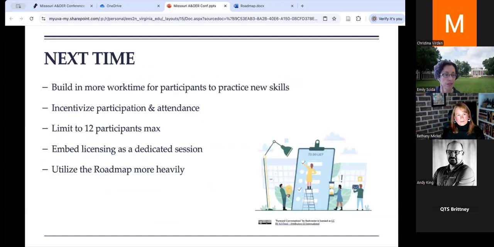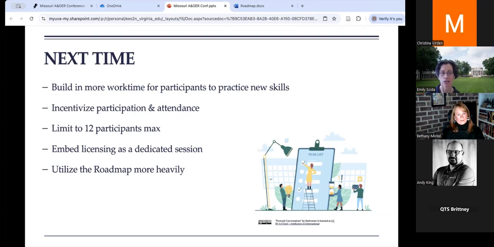So based on the feedback that we've gotten from participants in both iterations and also based on our own experiences as facilitators, these are some of the things that we'll be thinking about as we develop the third iteration of the learning community for next academic year.